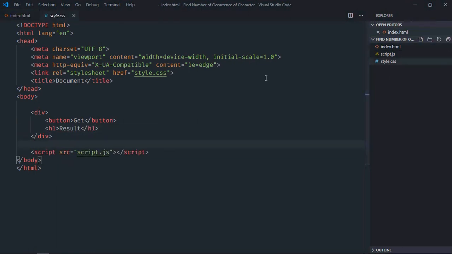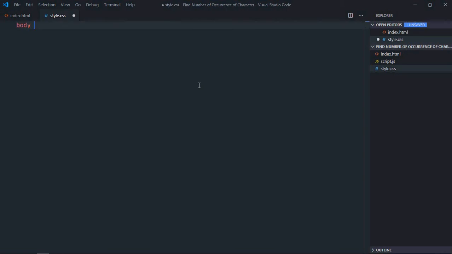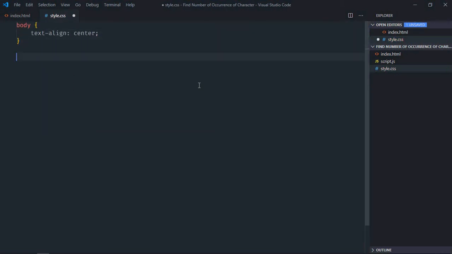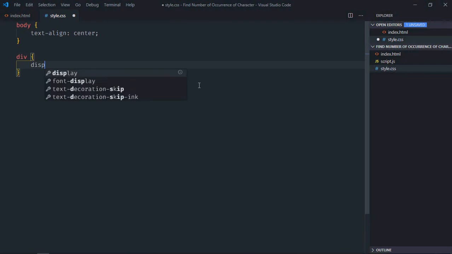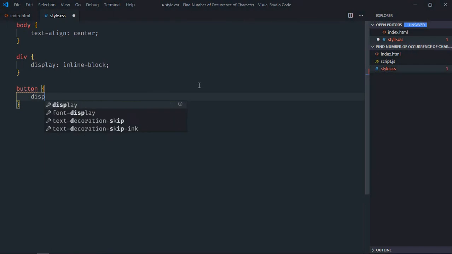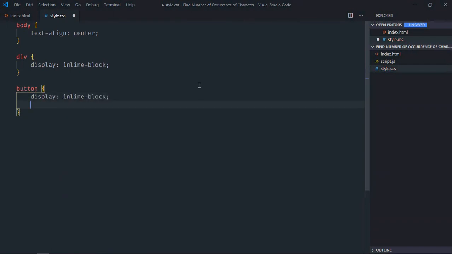Go to the style sheet. Select the body element, text-align will be center. Select the div element, display will be inline-block. Select the button element, display will be inline-block, padding will be 10 pixels and 20 pixels. Save it, open this file in the browser,